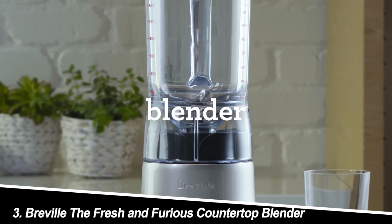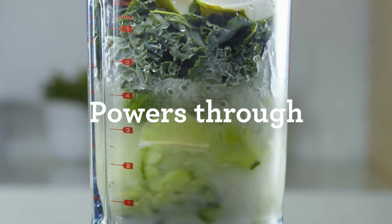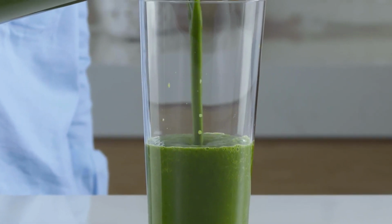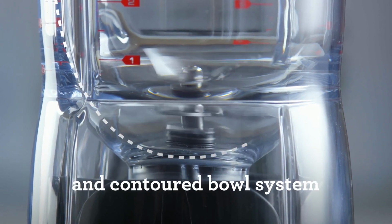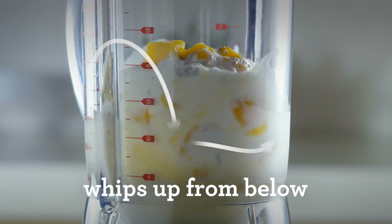Number 3. Breville the Fresh and Furious Countertop Blender. This stylish blender strikes a balance between power and aesthetics. The 1,800-watt motor tackles tough ingredients with ease, while the pre-programmed settings simplify blending tasks. The LCD and intuitive controls enhance the user experience. However, the plastic construction might not appeal to those seeking a more premium feel, and the noise level is comparable